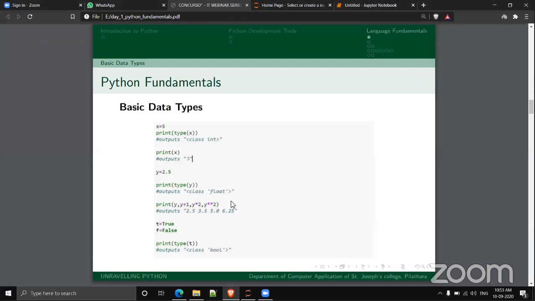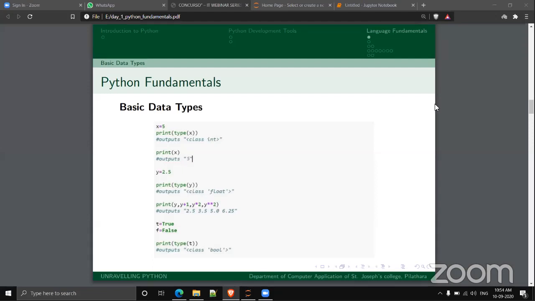So basically, we first have to familiarize ourselves with data types. Data types are the basic building blocks of a programming language. Every data we are trying to process using a programming language belongs to a particular type.